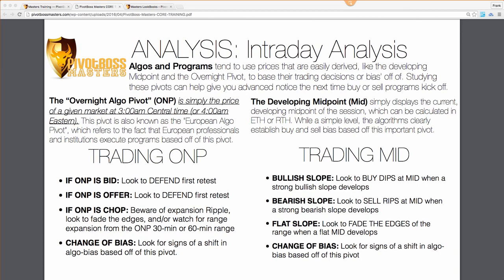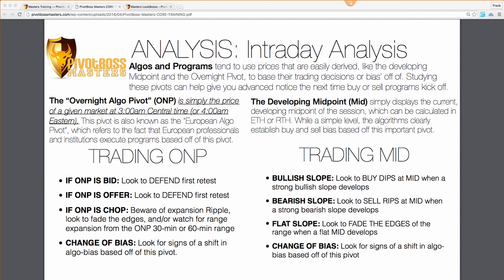And right here you see if the overnight pivot is bid, so say 3 a.m. comes and right away the overnight pivot goes bid. And if there's a big move that happens right away, it doesn't even go against it. It's just boom, it's bid and it goes up, the first retest is usually defended. So the first retest, whether it happens 20 or 30 minutes later or whether it happens 3 hours later, usually the first retest is defended. And that could be an area also where counterparties will look to run the stops of those defending that level. So that retest always has a lot of great eyeballs on it.